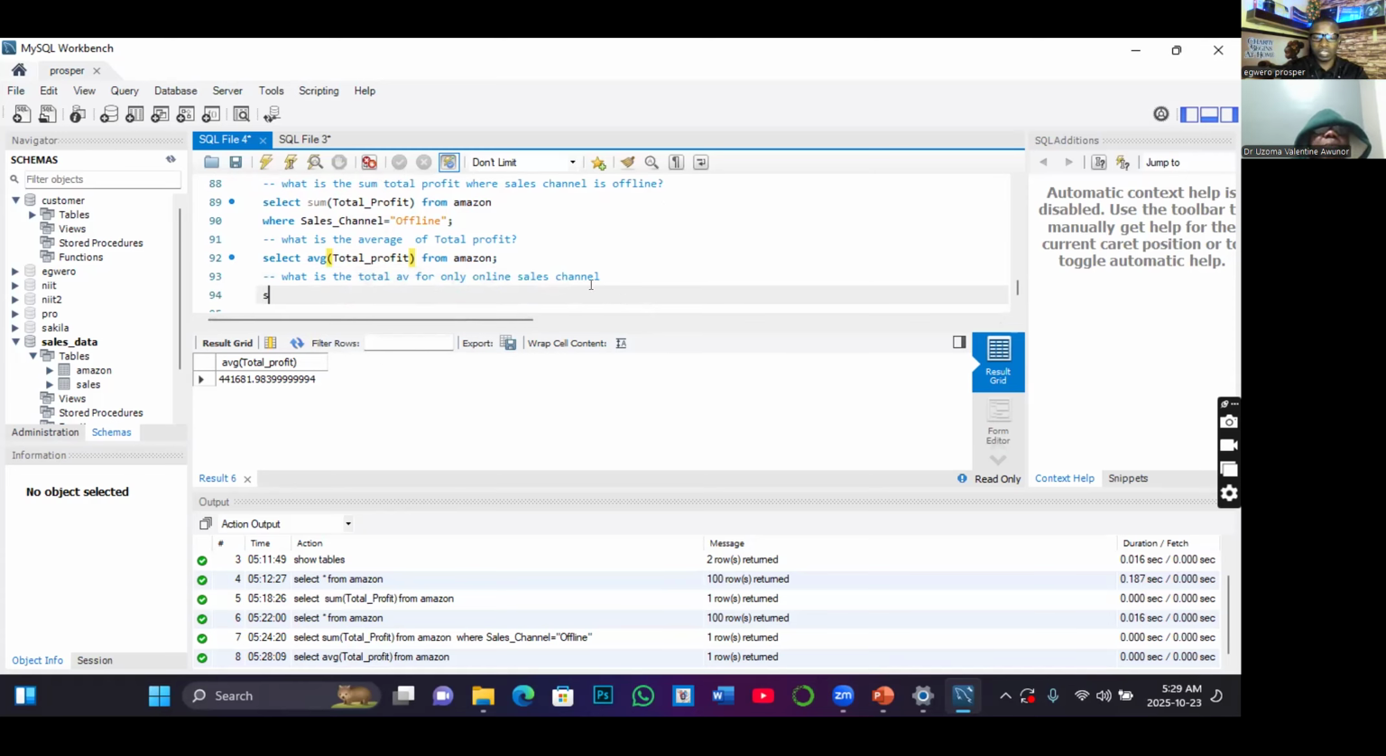So the syntax will be select, followed by the function avg, pick it from the library, pass in the header, which is the same total underscore profit, then from the table name, which is Amazon,